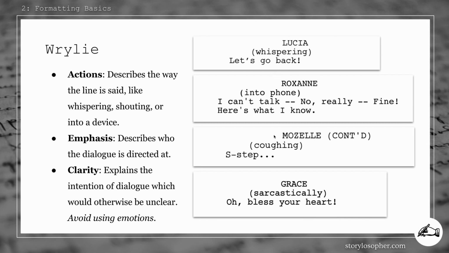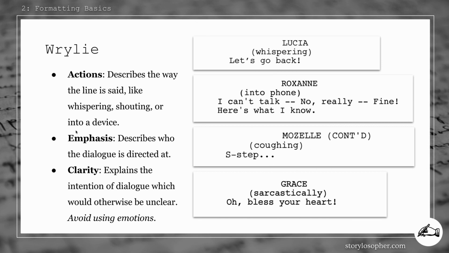Same thing for emphasis. Like I said, talking to the telephone, or if there's multiple people in a scene. Imagine you have some kind of rom-com, and you have 5 different people all talking at once, but they're not all talking to each other, okay? So you've got Bob and Sally that are talking to each other, and then you have Bill and Eric who are talking to each other in this big whirlwind of dialogue. You would need to say to Eric, or to Bob and Sally, that kind of thing, if they're specifically saying one thing to a certain individual or group rather than everyone in the scene. Otherwise, it'll get confusing who's talking to who.